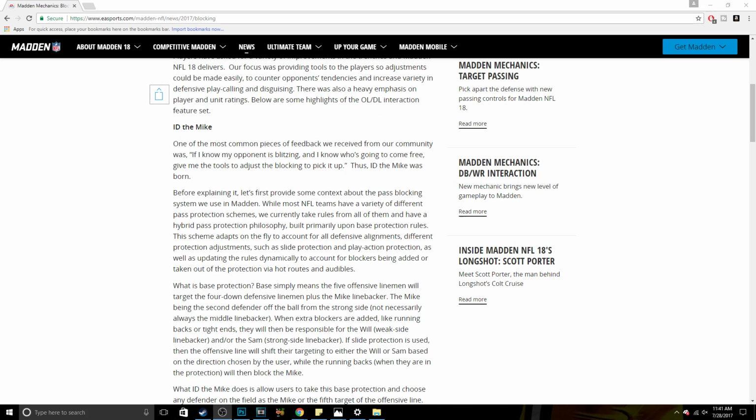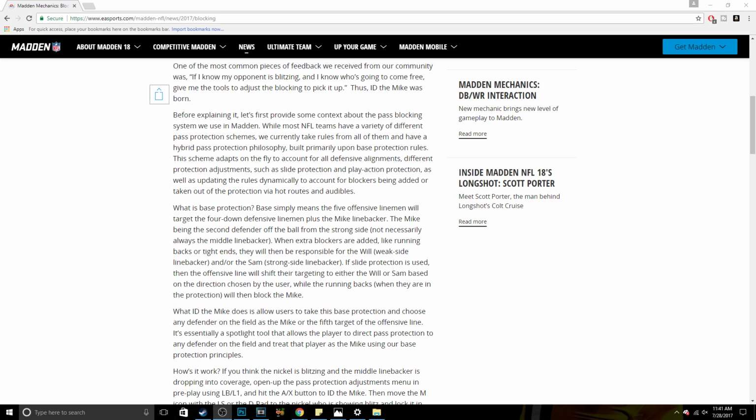ID the Mic. One of the most common pieces of feedback received from our community was, if I know my opponent is blitzing, I know who's going to come in free, give me the tools to adjust the blocking to pick it up. Thus, the ID the Mic was born. But before explaining it, let's first provide some context about the pass blocking system we use in